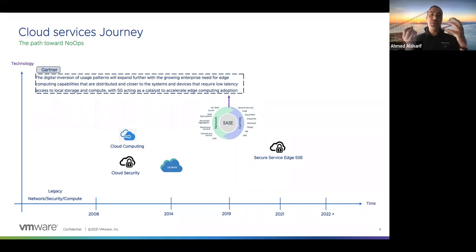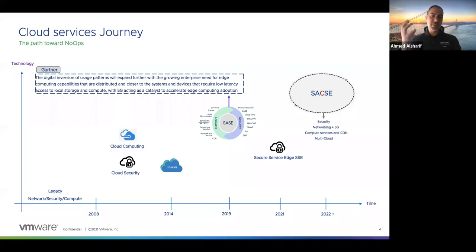More compute, more services to the edge. Let's see what the future is, and let's continue here. Once this happens, like 2022 and beyond, the compute will join the SASE, and this will change to something like SASE. The name is not important. Actually, Sanjay created that name because it has compute services in it.